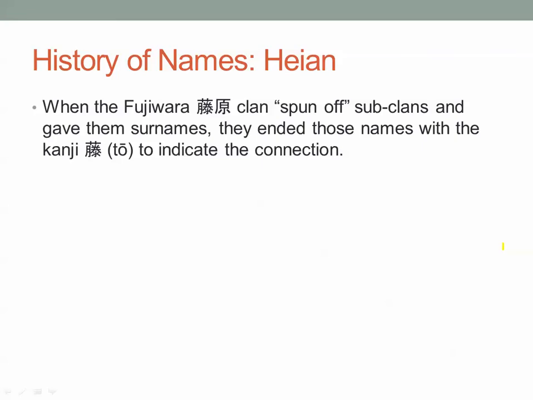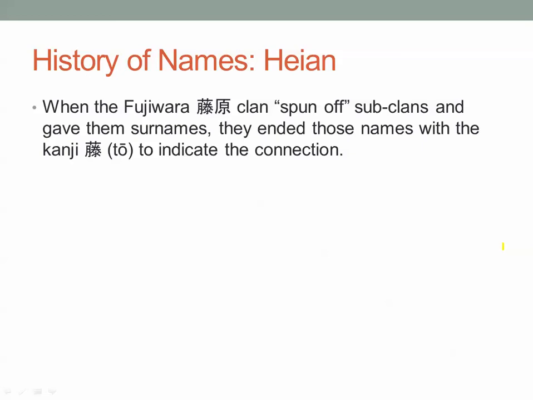When the Fujiwara clan spun off sub-clans, let me say a little bit about that. I always explain it this way, and I'm probably offending historians as I do it, but simply put, what happened was that the Fujiwara clan was extensive. It was of course supported by tax money, and eventually it just became untenable to have such a huge extended clan. And so eventually the Fujiwara spin off those distant cousins, and they create separate clans and